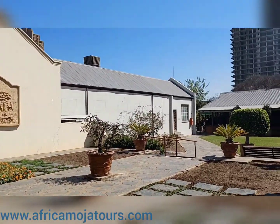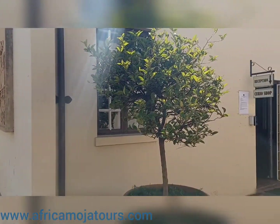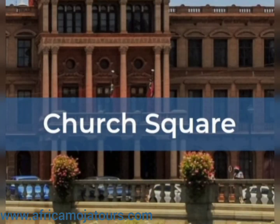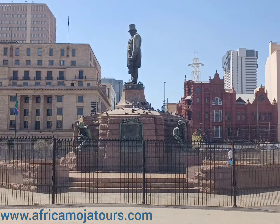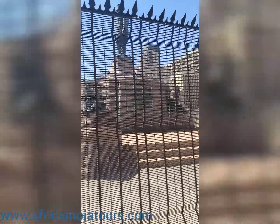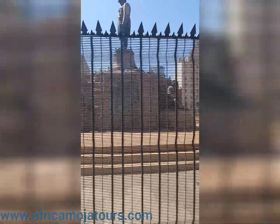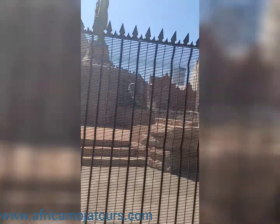From the Kruger House, our next stop will be Church Square. During its early years, the square was used as a marketplace and sports field. There is a statue of Paul Kruger erected at Church Square to celebrate his contribution as a president in South Africa. Church Square has a famous Palace of Justice where Nelson Mandela was sentenced to life in prison. We will spend only a few minutes at the square and head on to the next visit, which is the